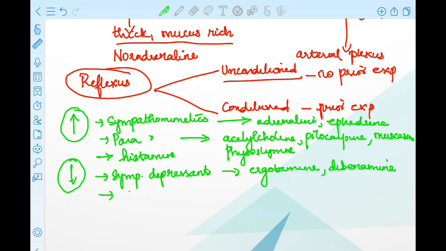Then we have parasympathetic depressants, which are substances like atropine and scopolamine. Okay. So these are the drugs that increase salivary secretion as well as decrease salivary secretion. And we should also know about certain important